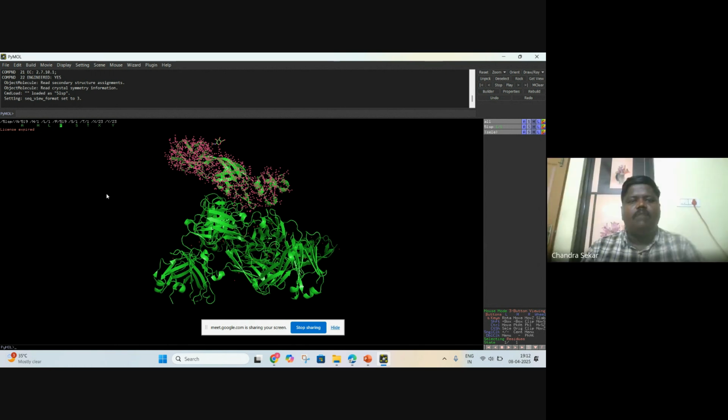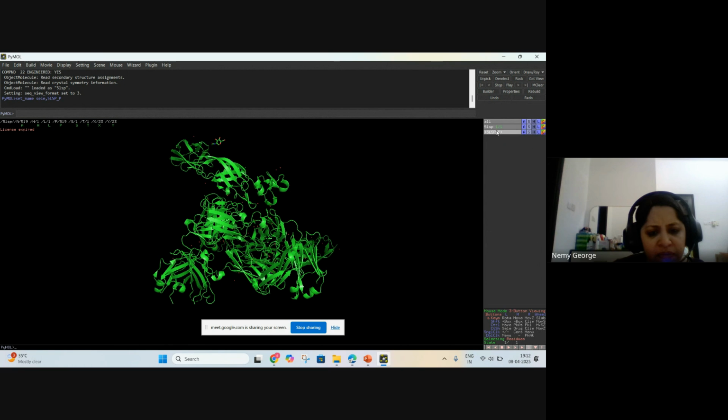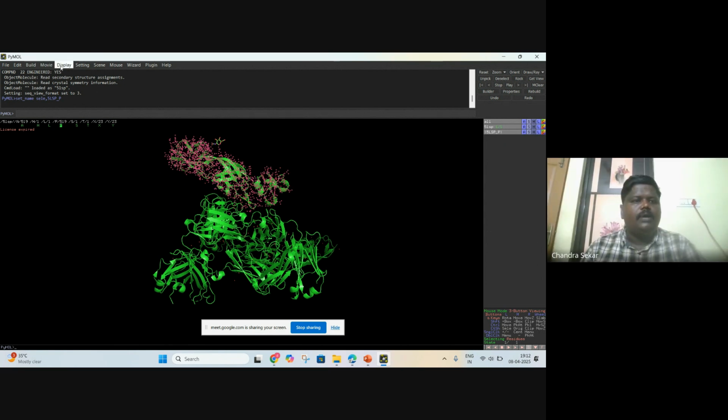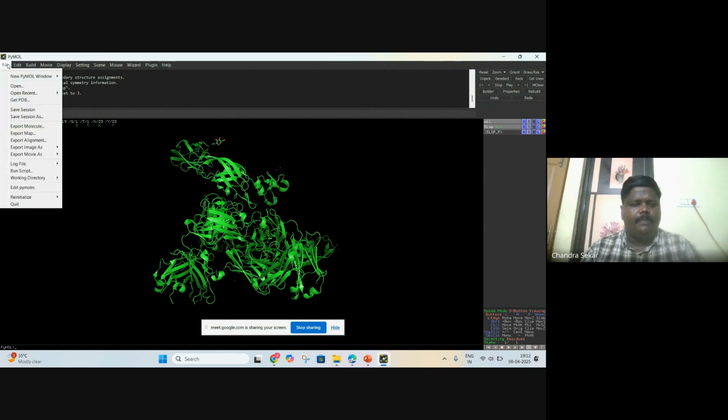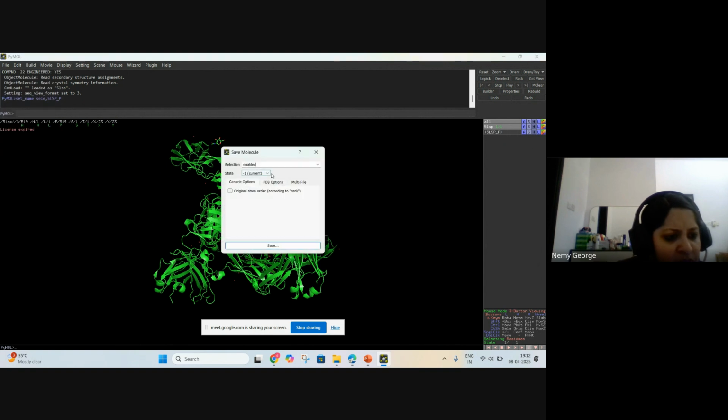A small modification. I just have to click select action. I have chosen P. Instead of removing everything, I'm just renaming it 5LSP underscore P. Clear? I rename this. Now how do I save the file? Generally, File, Export Molecule.